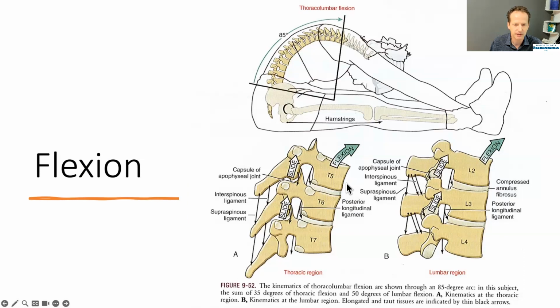L is for lumbar, T is for thoracic. So what happens with flexion, the bodies of vertebrae tilt a little bit forward, making the front a little bit compressed, or front gaps where the discs are a little bit shorter, and the back gaps a little bit wider,